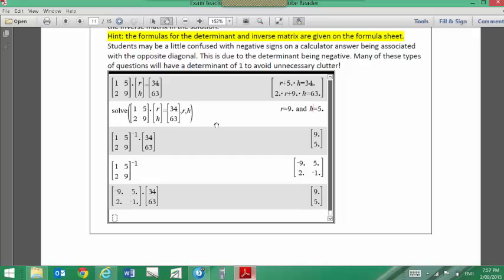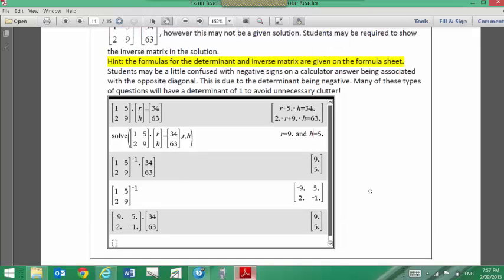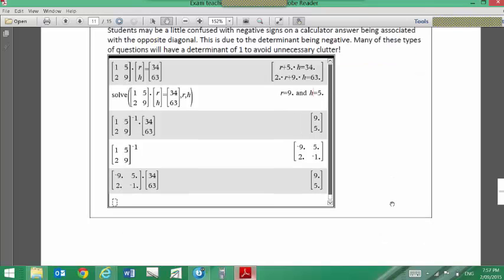How many roosters, how many hens? You know the type of problem. Bang, hit the solve, there's your result. Have your students read the question, though, and see what they're asked for. Sometimes they're not asked for the actual solution to the simultaneous equations, but they're asked for what's the inverse matrix, for example. These are quick activities that I'm hoping that you would be doing with your students as you teach